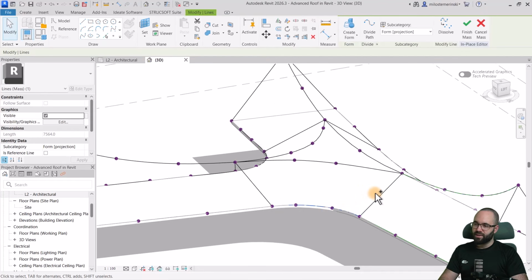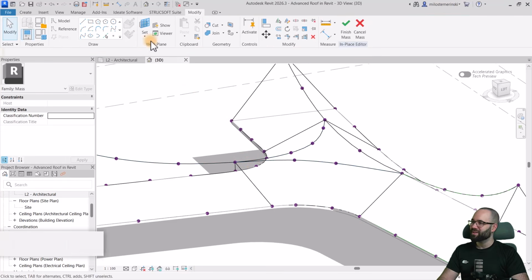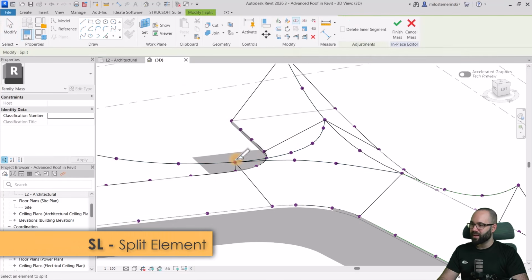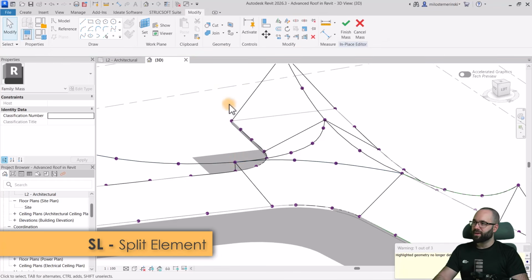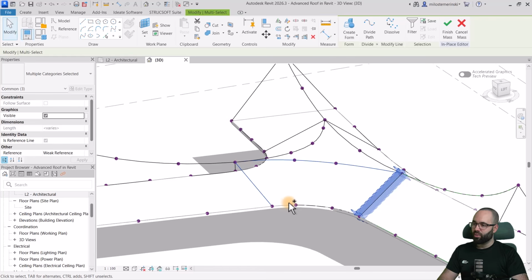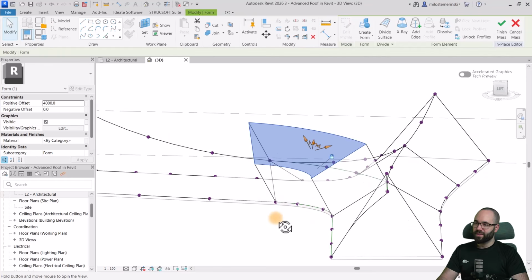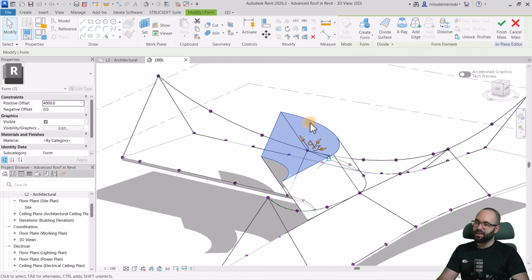So I just select this, hold the control key, select here, here. Oh, we need to split this one as well. So let's go to split here. Perfect. Hold the control key, select that one, that one, that one, and that one. Create form. So if you accidentally create a surface like so, it's going to keep the